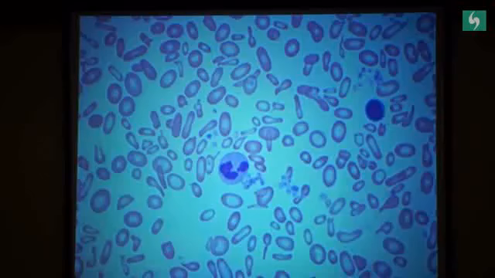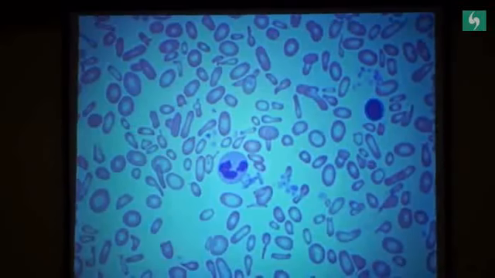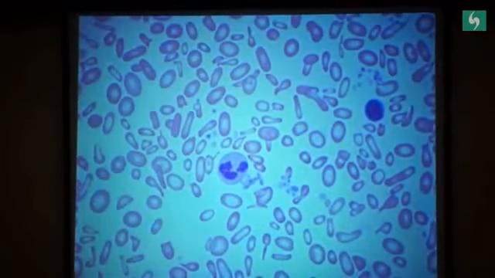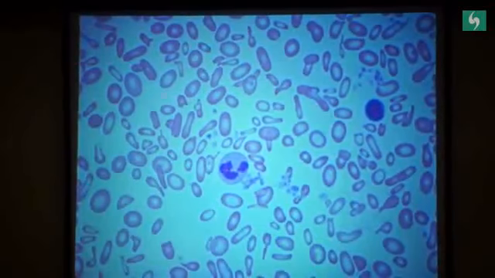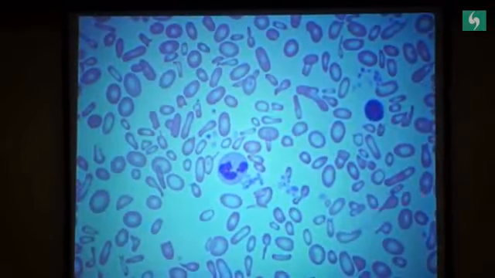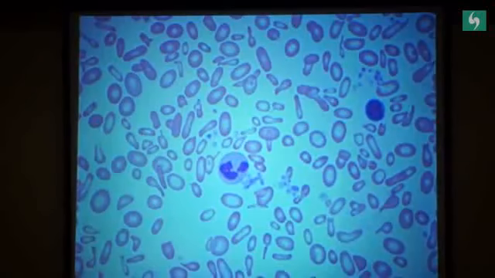You see these target cells, the pencil shaped cells, and you see a lot of variation, isopoikilocytosis. Some cells are big, some cells are small, and then you see that there is more than central 1/3 pallor, which is normal for a RBC. There's more than 1/3 pallor. So that is what we call hypochromia, and the size of the cells is generally small, that is microcytic.